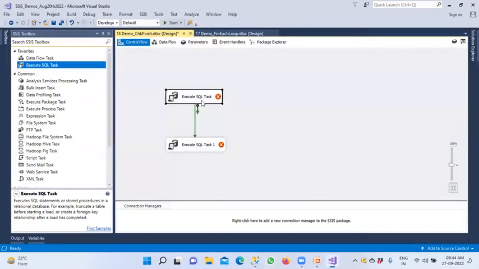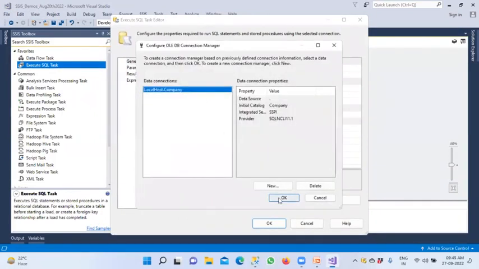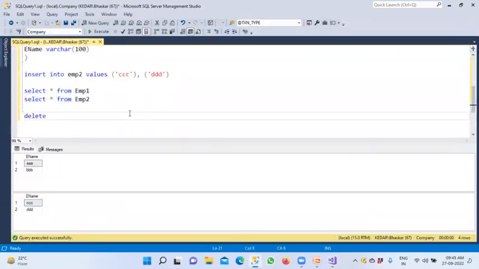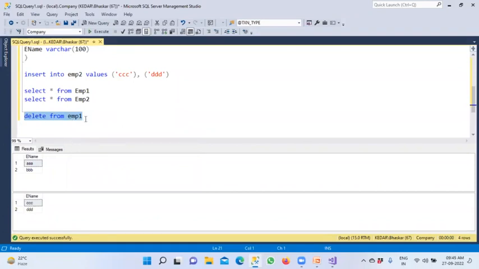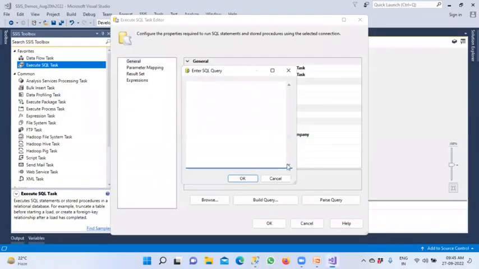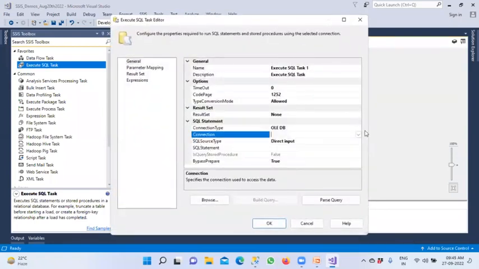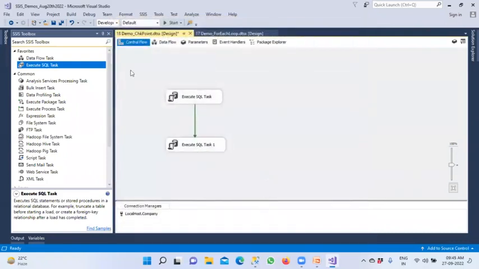I'm going to double click on this and configure company. Company is this. And in that, I want to write like this: delete from employee 1. Control C and Control V. So I need to delete the data. I'm going to write delete from employee 1. So double click on this. Again, here I'm going to use delete from employee 2. Clear? So when I execute the package, it is going to delete